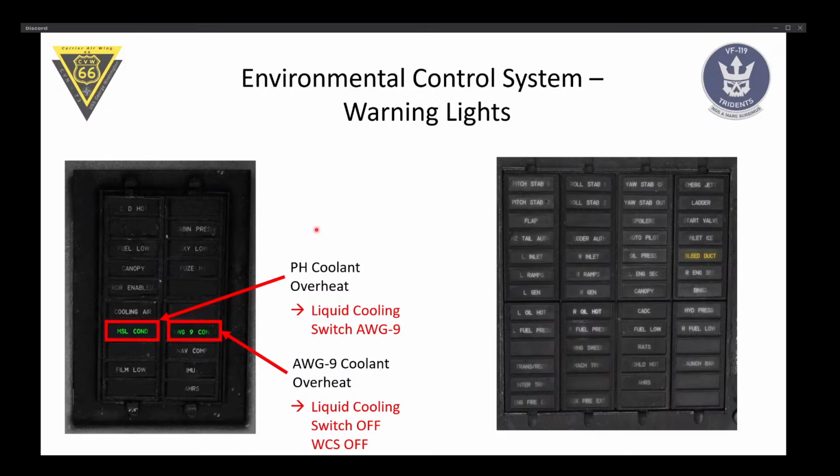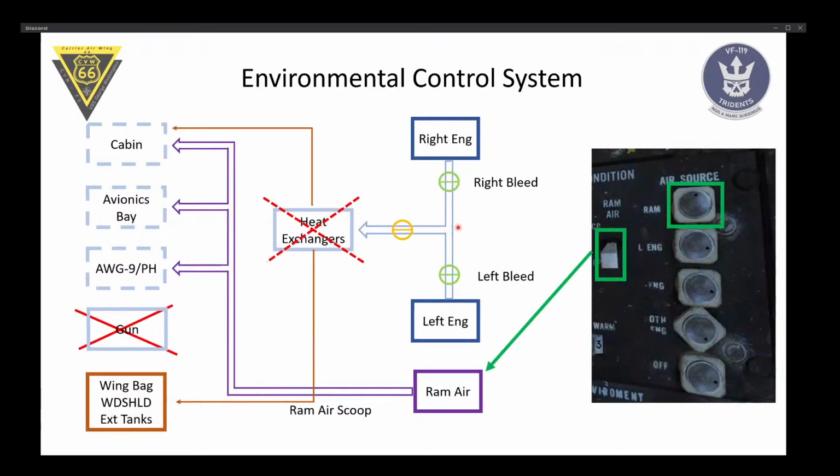None of this is modeled right now, but I think Heatbird said that at some point it will be modeled, so you probably want to get used to having a look at these indications. And for the pilot, there's just a bleed duct valve light, and you can see that there are temperature sensors along the bleed duct, which is this part. Basically, this part is within the engine compartment, which is behind the titanium firewall. This part is outside of it, within the fuselage, outside of the titanium firewalls,